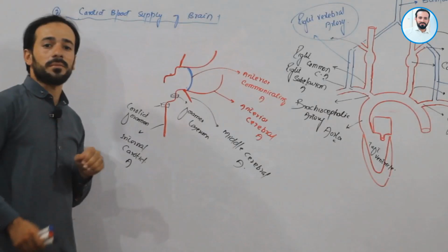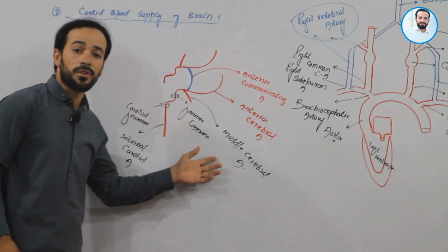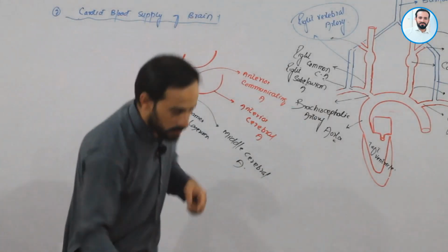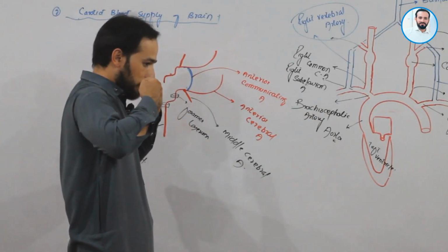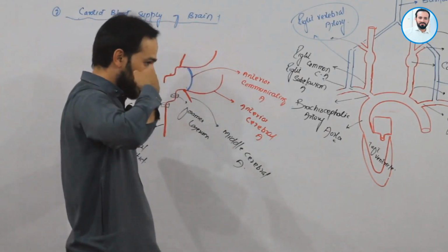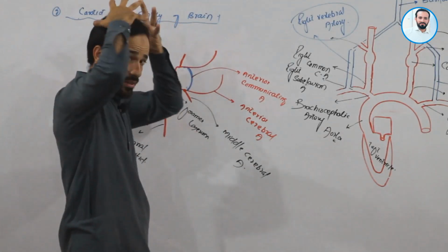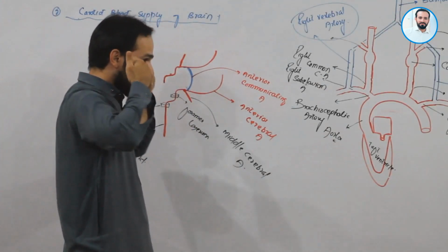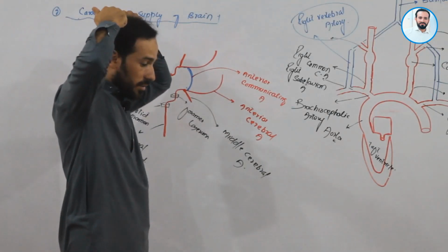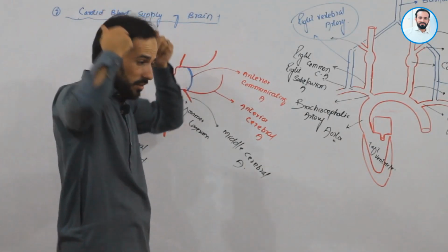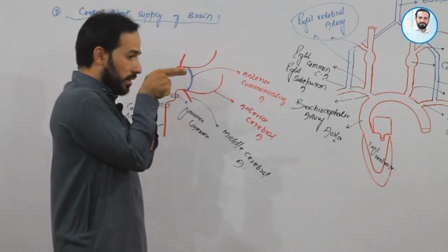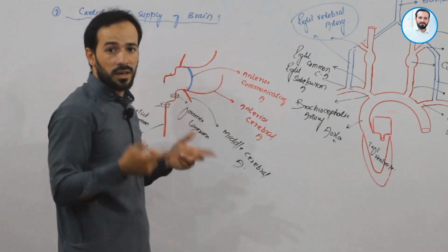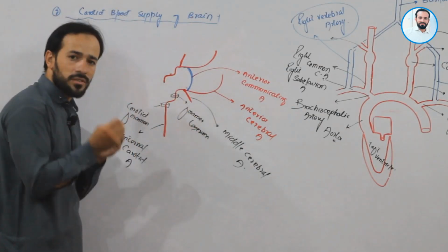This is the blood supply for the anterior aspects of the brain, right? There are carotid arteries moving up, then becoming anterior. So this is the anterior cerebral artery. Cerebrum, as we know, there is cerebrum. So there are anterior cerebral arteries. From here there are two branches. These are called the lateral cerebral or the middle cerebral arteries. Both of the anterior cerebral arteries are united together by a communicating artery. Clear, friends? So this was a very simple diagram.